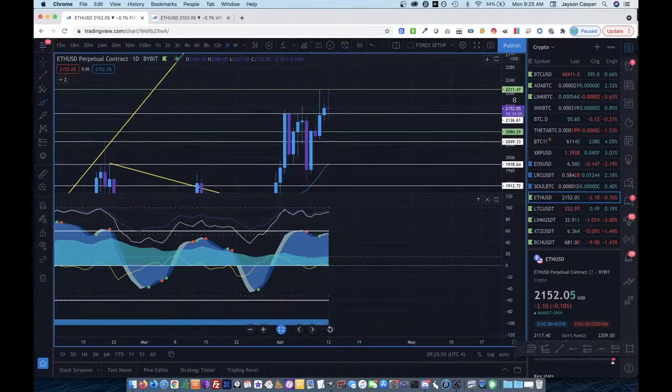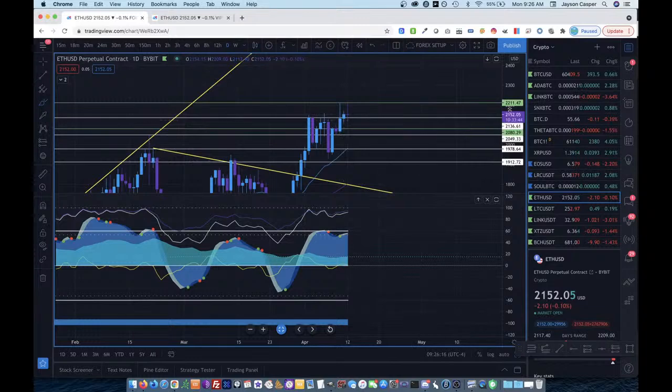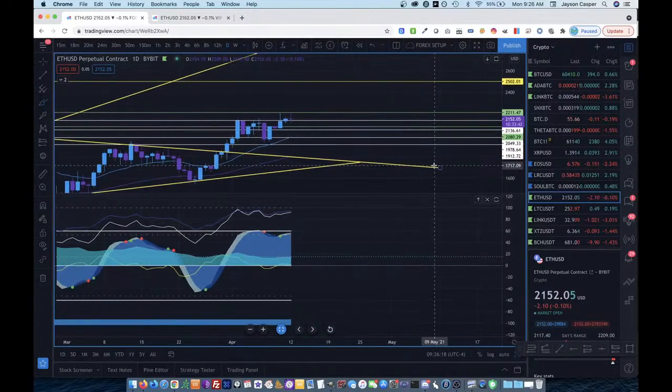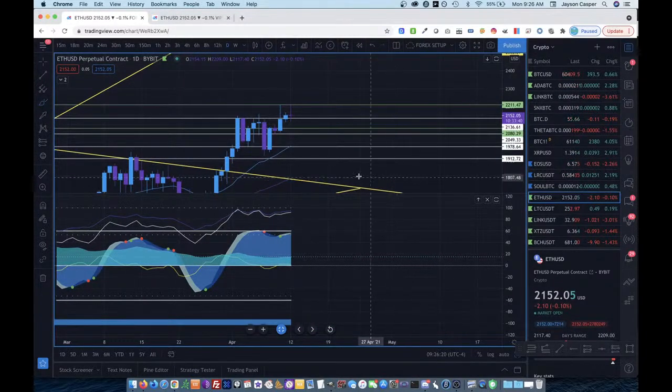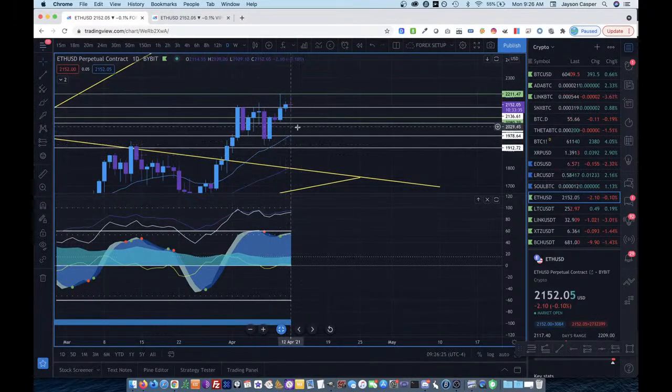And then these lower levels right here, we should be looking for longs when price comes down to even this level here. If price comes to 2138, if price comes to 2047, if price comes down to 1975, man, what a year that was. Or if we come down to 1913, that was an interesting year, 1913. A lot of crazy stuff going on in the world back then. But if price comes down to one of these levels, that's where I'm really looking to add to my long,